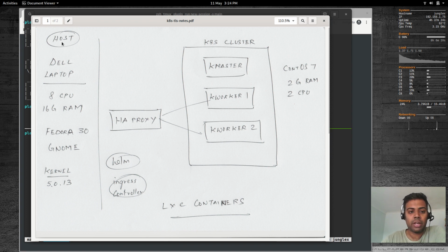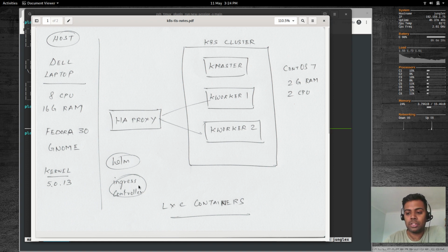These are all running on my host machine, which is a Dell laptop with 16 gig memory and 8 CPU. I'm running Fedora 30 GNOME and the kernel version is 5.0.13. So that's my setup for this video, and I'll be using Helm to deploy the Let's Encrypt cert-manager, and we